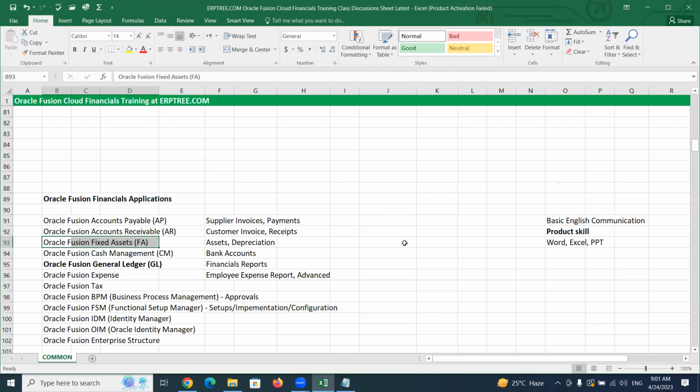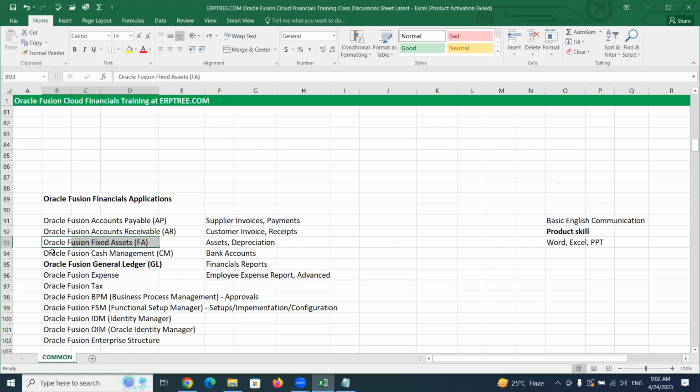I am talking about key activities. Once we get into those applications, we can do many things, and again it is simple. We will learn all those. But as of now, at a very high level, from the Oracle Fusion Fixed Assets application, we are going to learn how to create the assets. If you take the example of an asset like a building, the building name, the cost of the building, and the location of that building, all these details we capture in the fixed assets application as an asset, and based on usage or time, you calculate the depreciation. That is the purpose of Oracle Fusion Fixed Assets.